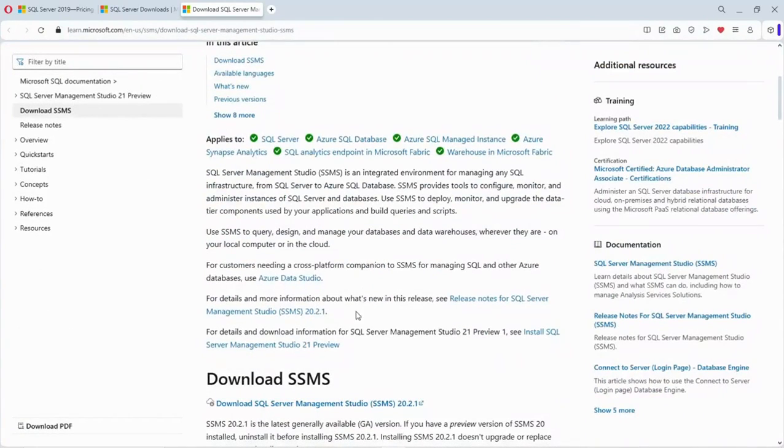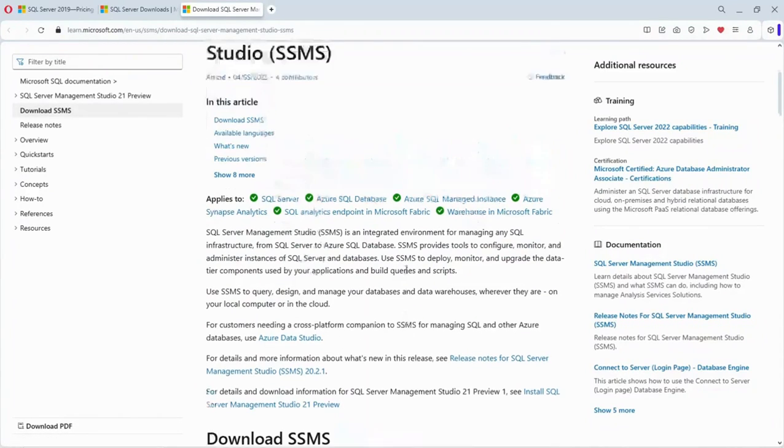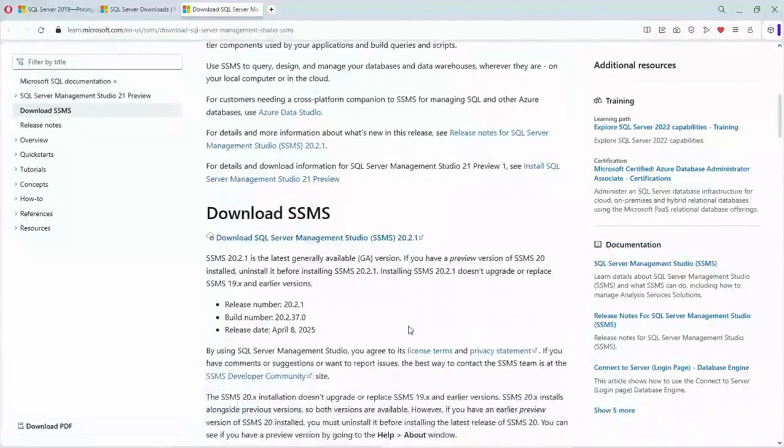There are a couple of other versions of SQL Server Management Studio. You can pick the ones which are latest or immediately available. Go to this link and download the setup, then install it on your local system or on your server to interact with the server that we just installed. Yeah, so I'm not going through the